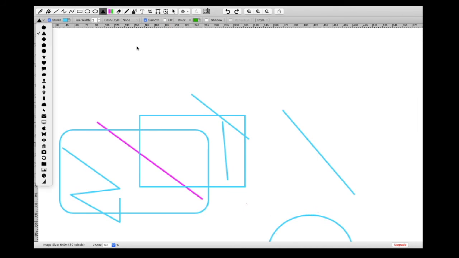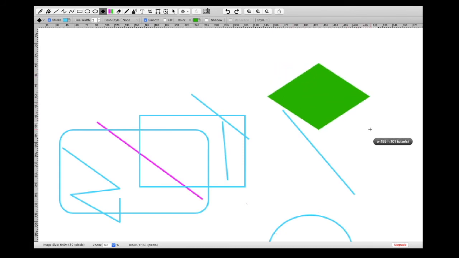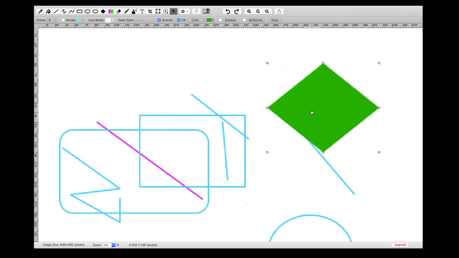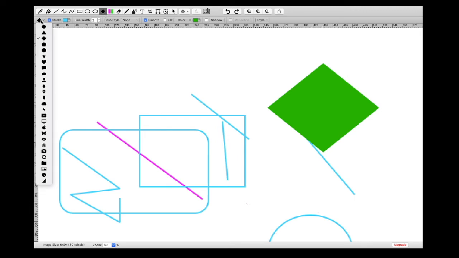Now if you want to color the figure, you can use this one tool. Suppose I take this. Now you will see that there is color inside this figure. So guys, if you want color inside any figure, you can use this one. You can see many figures are there.